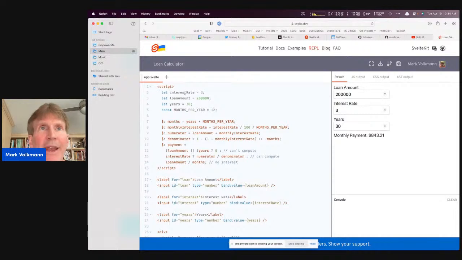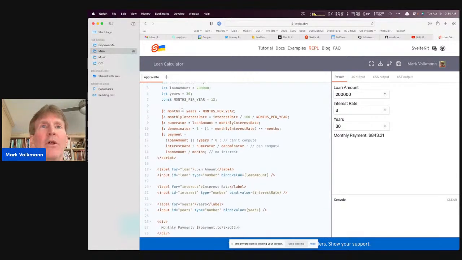And so I've got interest rate starting out with a value of 3, a loan amount starting out at 200,000, and a number of years starting out as 30. And then I've got this constant, there are 12 months in a year. So just with that bit, if we scroll to the bottom and look at what I'm displaying in the HTML,